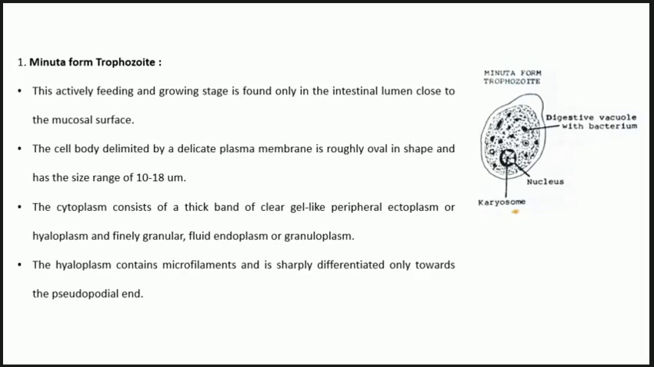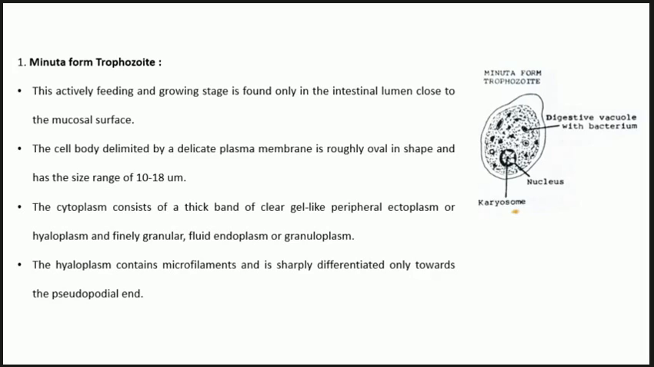not harmful in the body as long as this particular trophozoite, the minuta, is in the intestine. It is not harmful because it's a scavenger. It will just feed on whatever is present in the intestine, not on the tissues. So the cell body is a typical single cell, with a delicate plasma membrane,